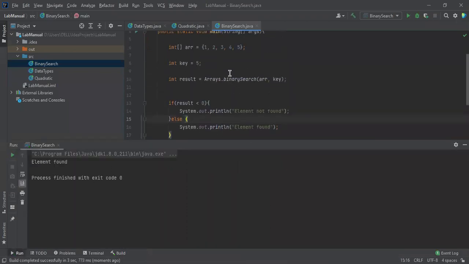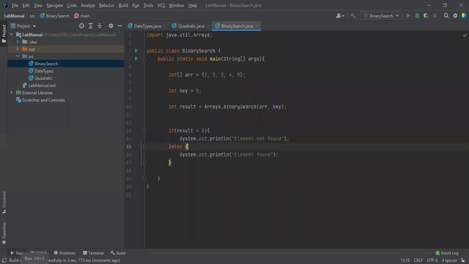So see this, and the main thing you have to remember inside a binary search is, it should be in sorted order. In a linear search, you don't have to maintain the sorting order. And here inside a binary search, it should be in ascending order only. Please remember all these things. It is very important when writing a program. Please, I'm asking you to write in this way, which is a very easy one.